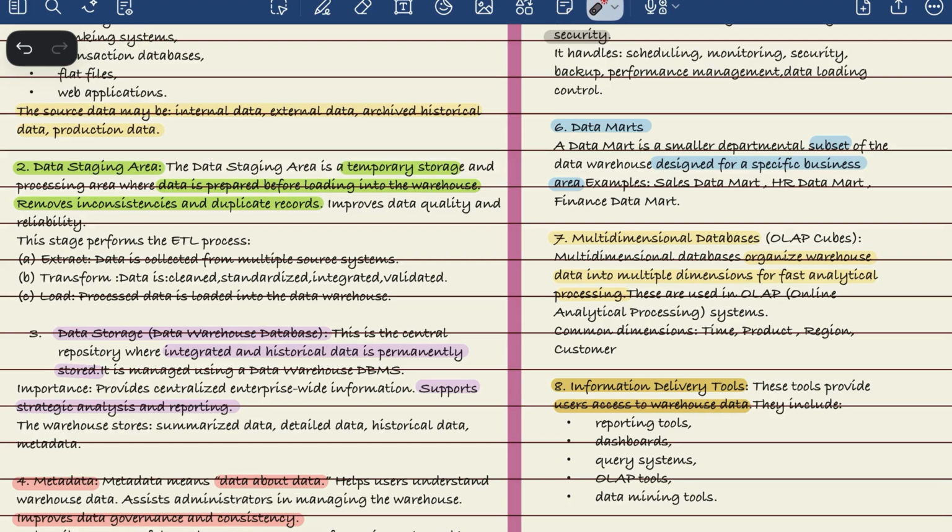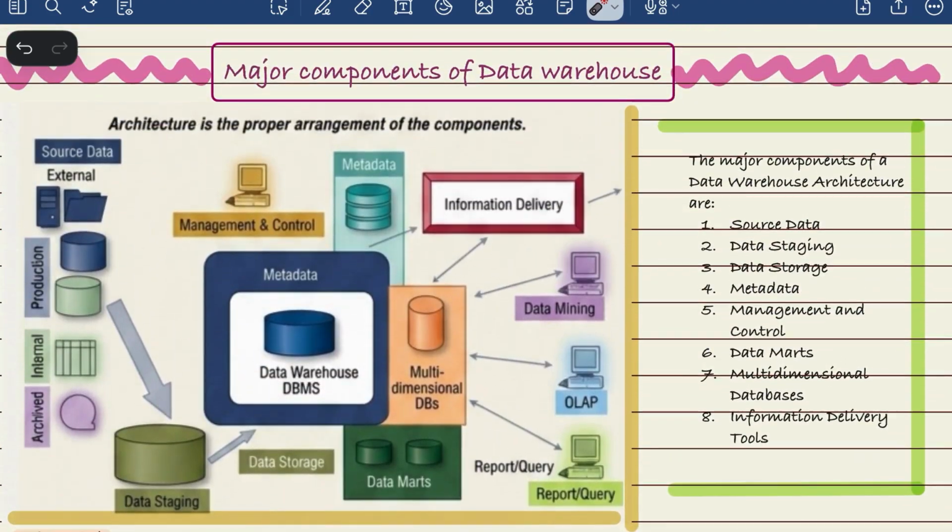And then lastly, there are information delivery tools. These tools provide user access to data warehouse data. All right, so information delivery tools, you can see at the last we have information delivery. Here you can finally have the front end, right? Executives don't want to see what is happening at the back end. They want beautiful Power BI dashboards, like I told you. So this component converts the raw backend storage into real world business insight. That is why we need information delivery tools.